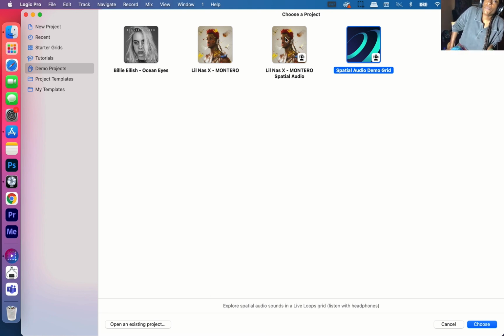Okay, so now we're going to be seeing what's under the hood in the Lil Nas X Montero Spatial Audio files project. All right, for Montero, so they have the regular Lil Nas X Montero, and they have the Spatial Audio. Artists are now sending in different mixes for Apple Music's new format, Spatial Audio, and Apple is just so